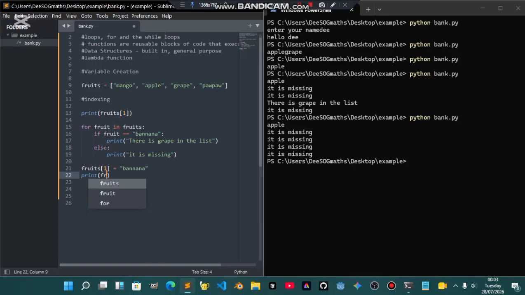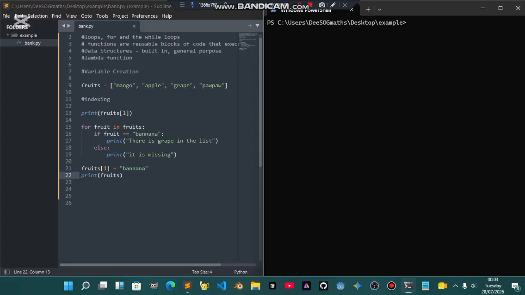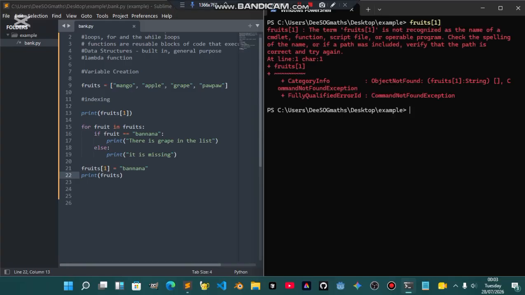So print fruits, if you save this. Okay, so let me clear this up and run. Okay, it actually flagged an error. Why was that? The term fruit one is not recognized as the name of. Did you spell that right? I don't know why it did that, but then